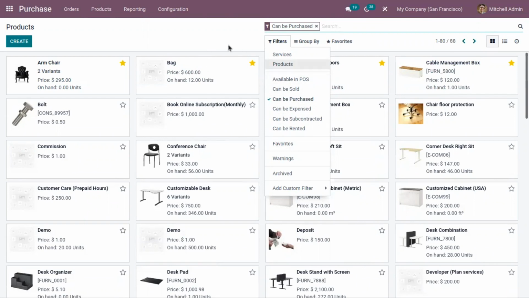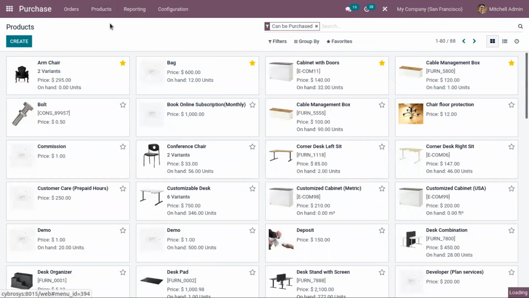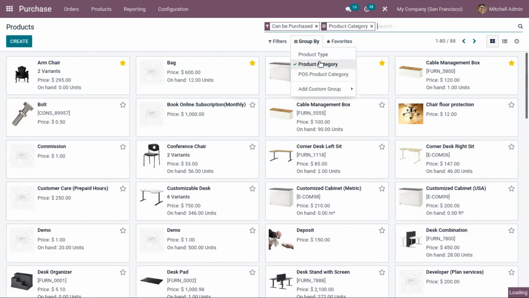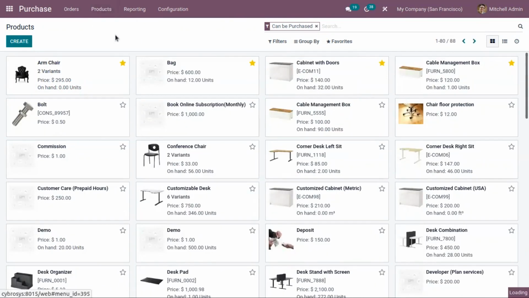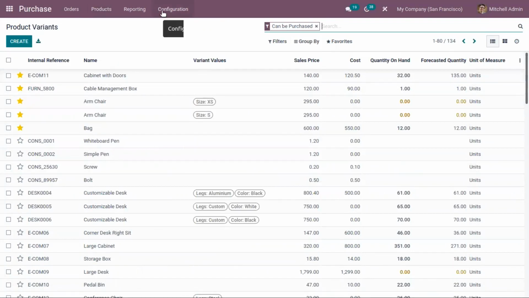So by default, in the purchase module, the products are filtered by the products that can be purchased. And we can group this by product category, product type, and here we can manage our product variants.